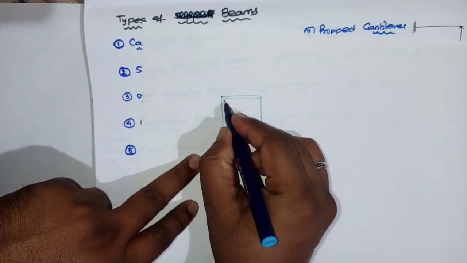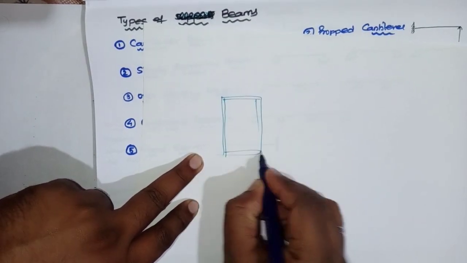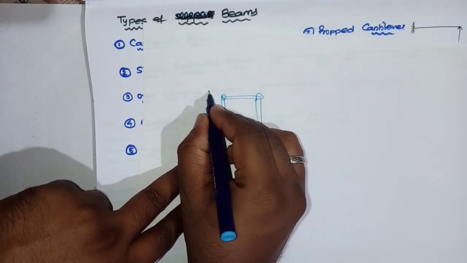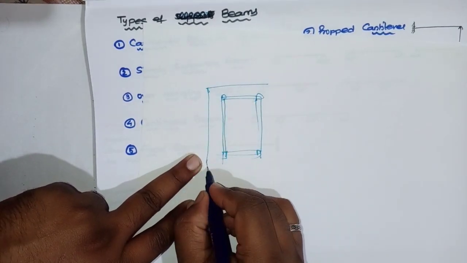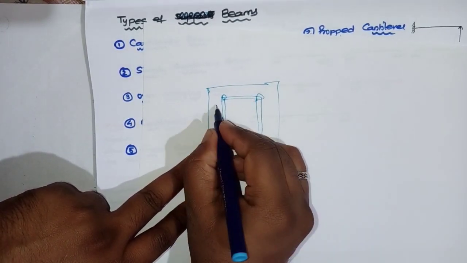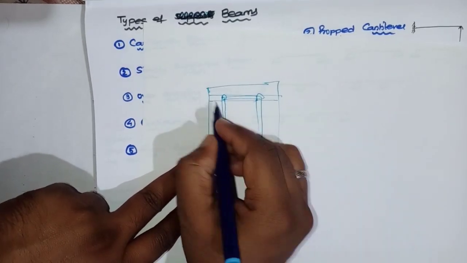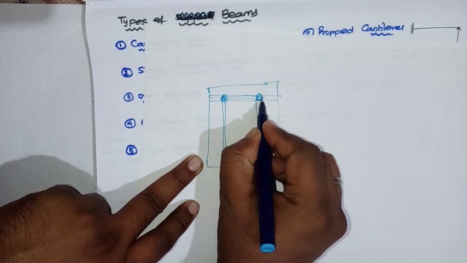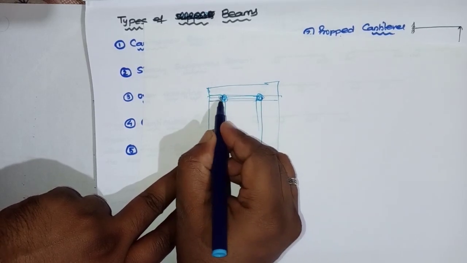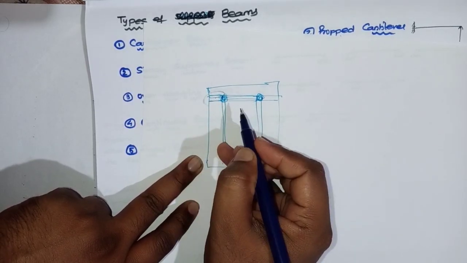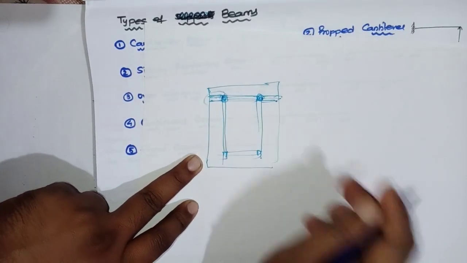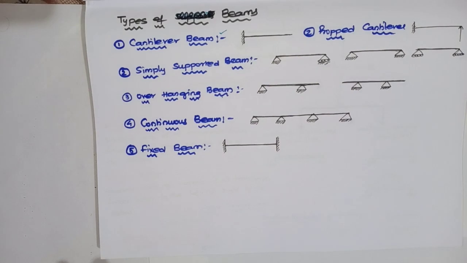Okay, this is one beam, this is one beam, this is one beam, like this. Here columns will be there, and from this your slab will be extended like this. So if the beam is extended like this, column is here, means supports are here. If it is only one side supported, it is single side overhanging. If the beam is resting and extended towards both sides, we call it as overhanging supports.